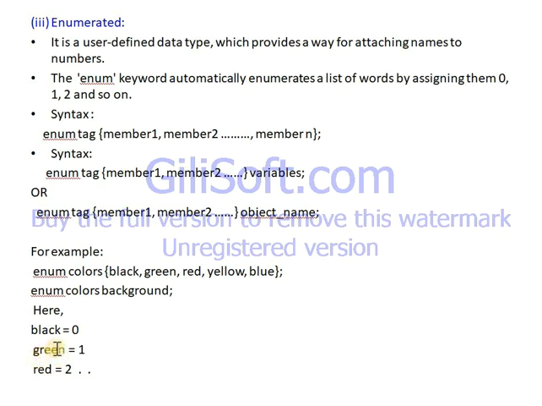For green there is a 1 as a constant. For red there is a 2 as a constant. This is an enumerator or enumeration.